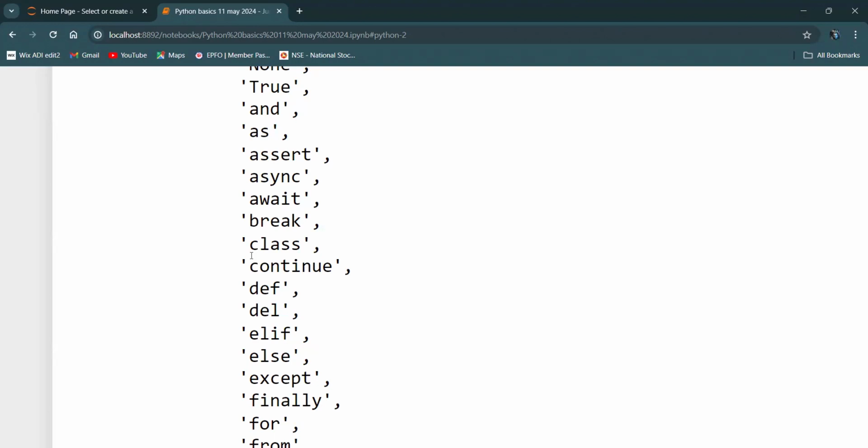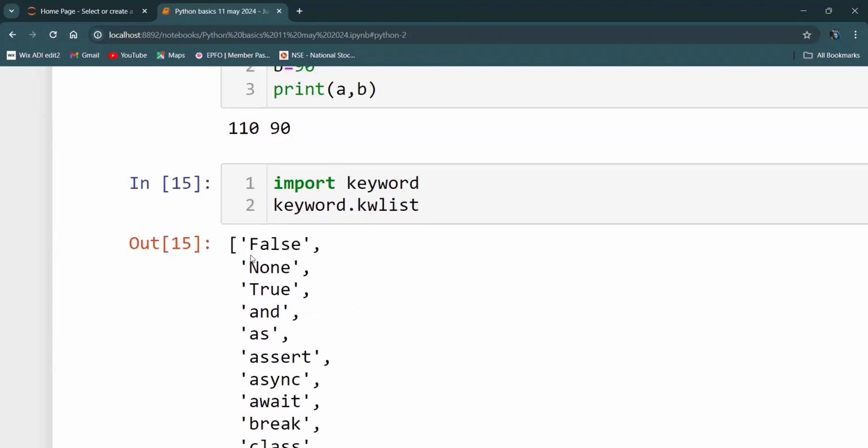Are you all getting my point? Yes, ma'am. So import keyword. Keyword is a module which stores all the reserved words, and you can observe that.